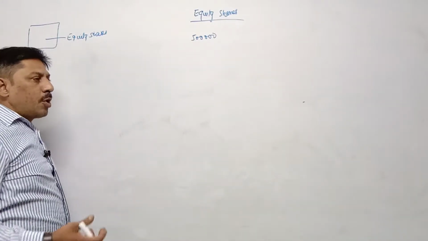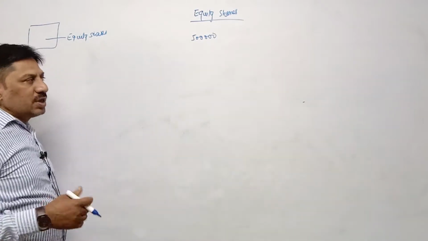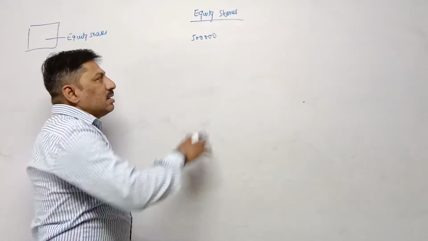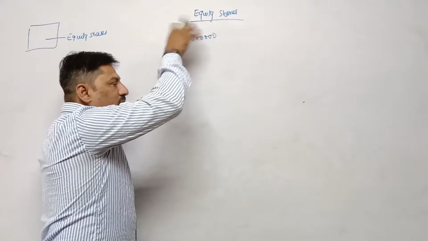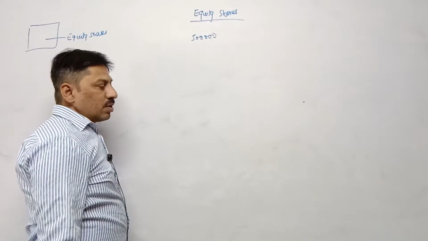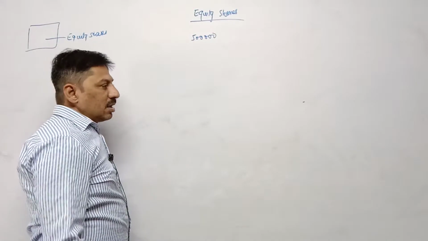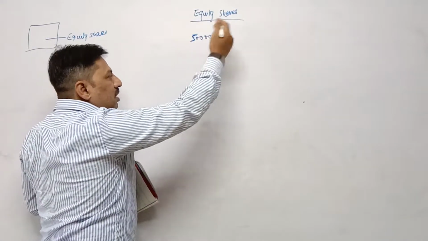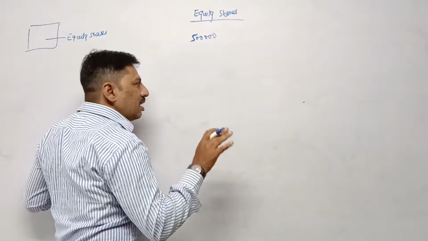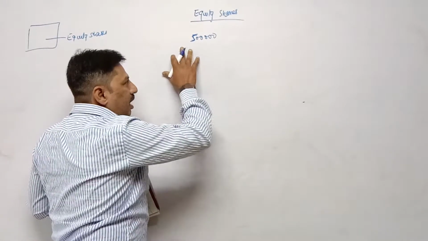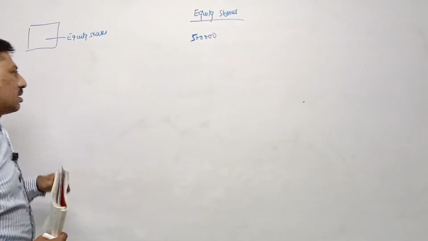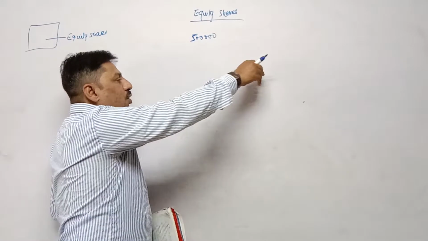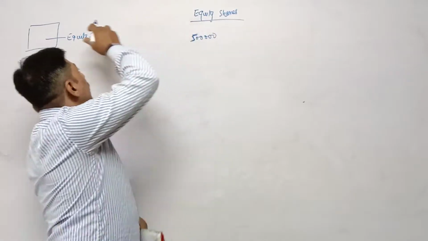That's why one option is there, that is called shares. Now what is a share? Suppose we are assuming that the company needs 5 lakh rupees, and the promoter cannot invest this 5 lakh rupees all alone. So what is another source? Another source is a share. How? If he arranges this 5 lakh rupees from other individuals, one individual or a few individuals cannot contribute. Right now I have taken 5 lakh rupees, otherwise the amount is in crores and millions. So one or few individuals cannot contribute this 5 lakh rupees to that particular company.